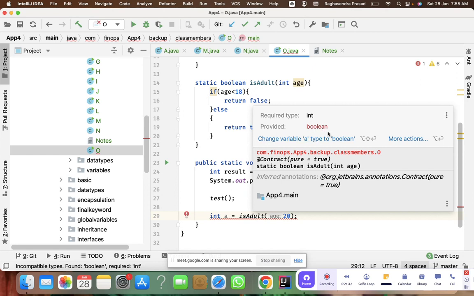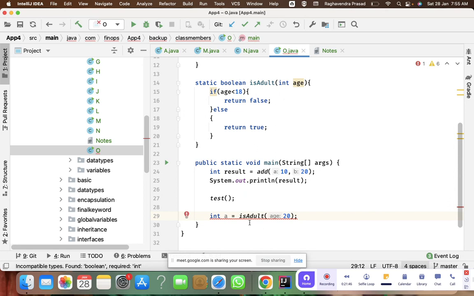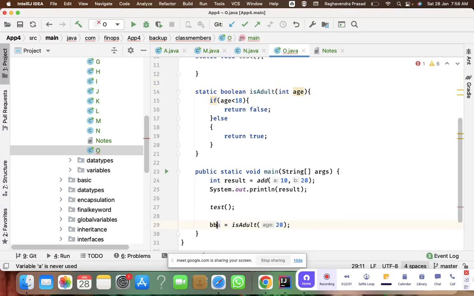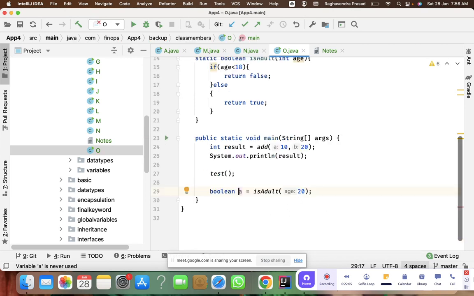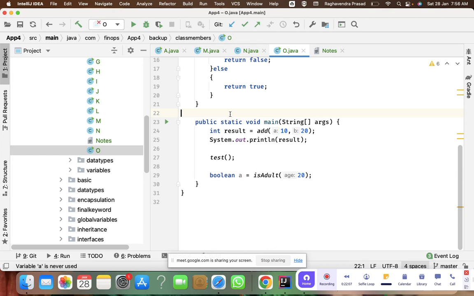But it is wrong, no? Yes, that is wrong. It is giving the error in this aspect. What it is saying is make the return type of is adult to int, then this will pass. But we do it the other way around. We make this a boolean, so this passes. Similarly,